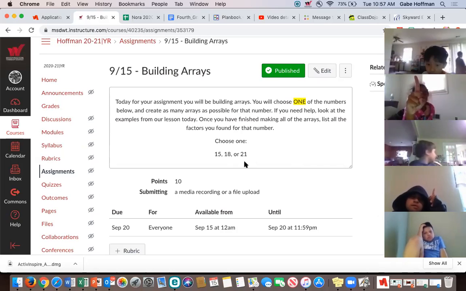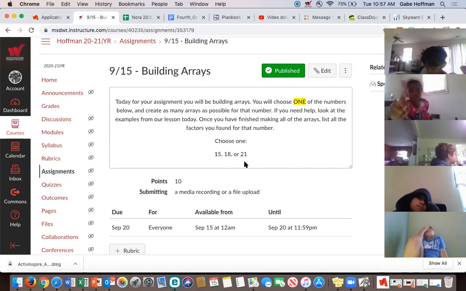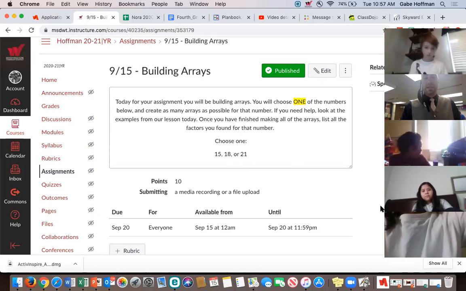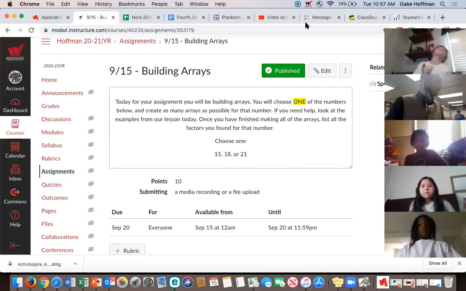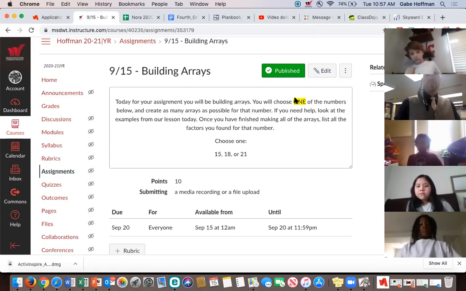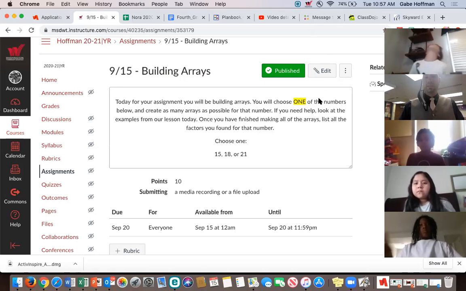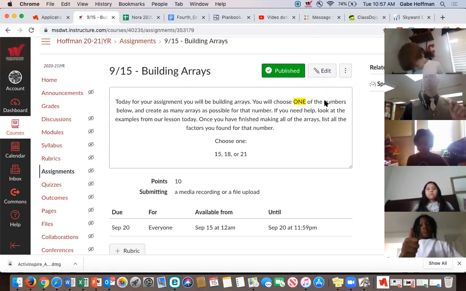When you submit your assignment, you need to do probably a media recording or a file upload, because we need to see the arrays that you made and the factors that you listed. All right, so that is your job. All you have to do for math today, so we should see